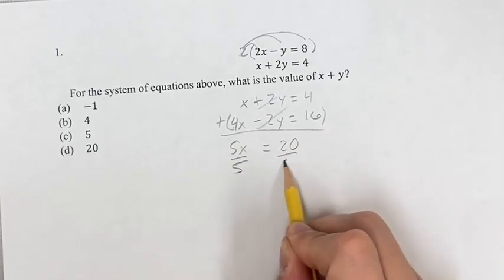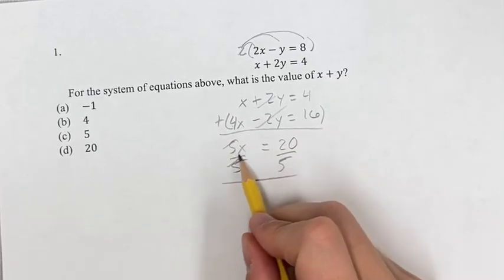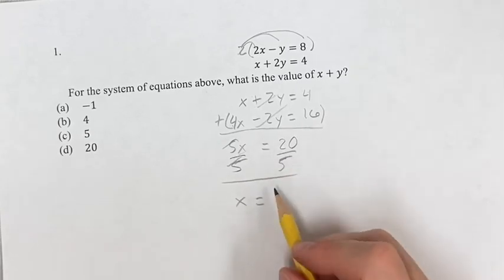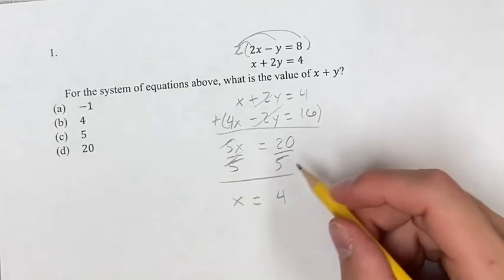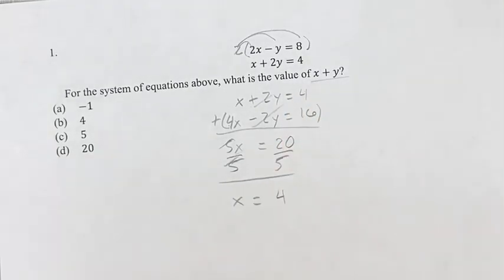Divide both sides by 5 to get x on its own. These values cancel, and we get x is equal to 20 divided by 5, or 4. So this is the value of x. We're not asked what the value of x is, we're asked what x plus y is, so we just have